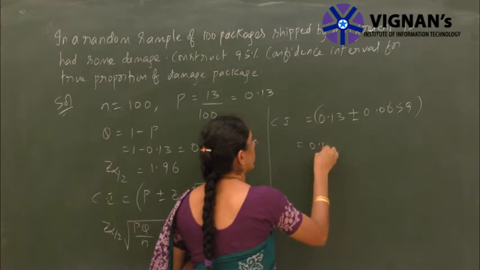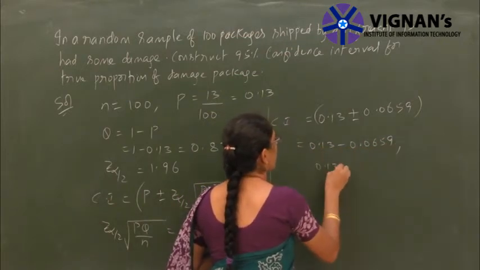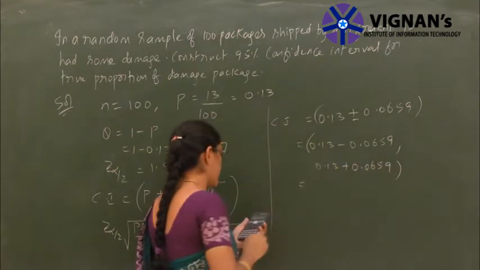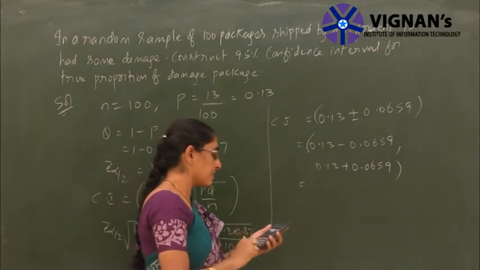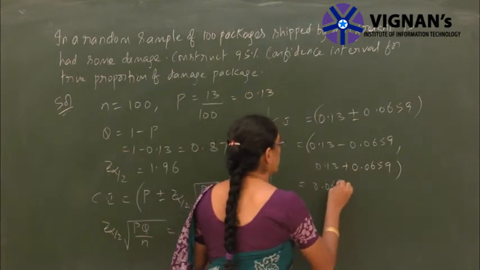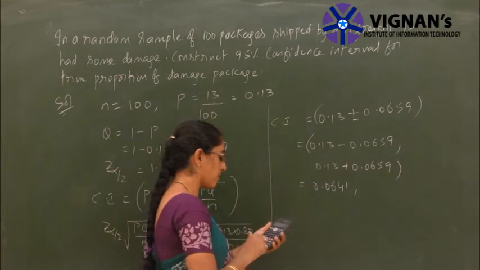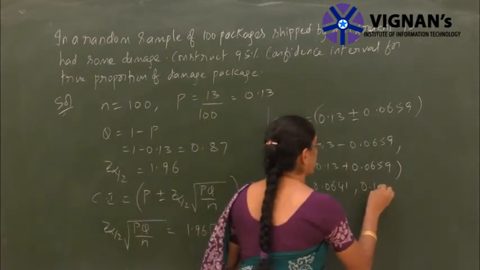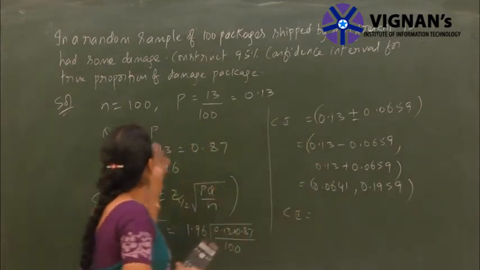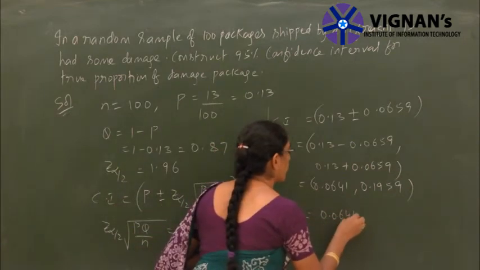So that means 0.13 minus 0.0659, comma, 0.13 plus 0.0659. Now simplify this here. 0.13 minus 0.0659 is 0.0641 and 0.13 plus 0.0659 is 0.1959. So the confidence interval for the proportion of damaged packages is 0.0641 and